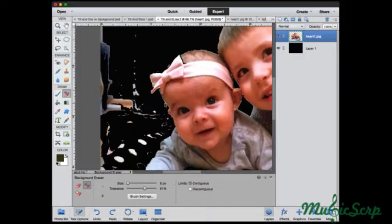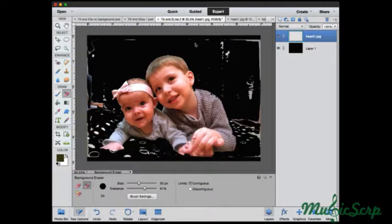Oops. Okay. In this spot, I guess. All right, so now I'm going to zoom back out, which is Command minus sign or Control minus sign. And I'm going to make it a larger brush and go through and get rid of all the rest of this. Now, the reason I changed to the black there